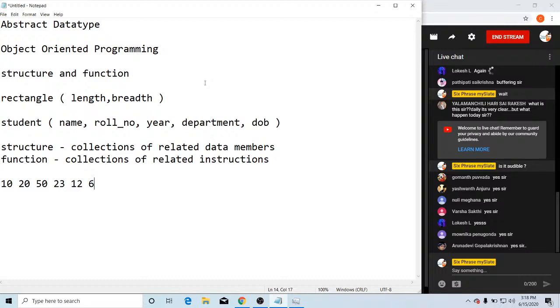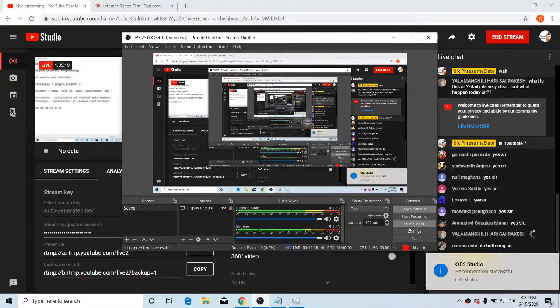So now I'll tell you what an abstract data type is. You take a data type, for example, let me take an array. It's a derived data type, right? Let me take the example of an array. Now